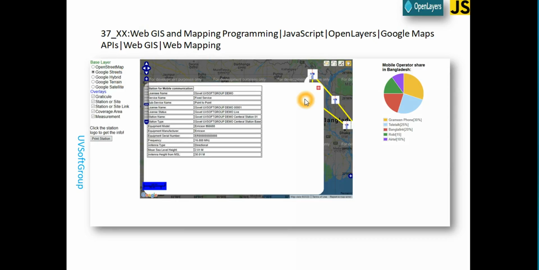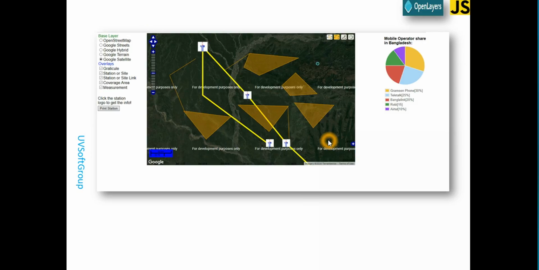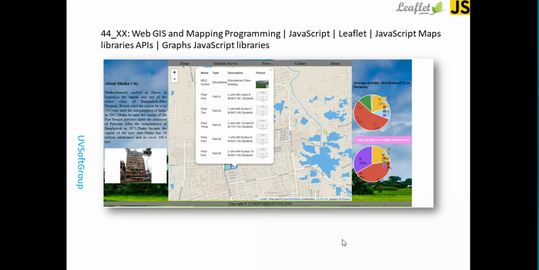Then I will continue with number 37.8. So this is one of the overview features, you see the title OpenLayers JavaScript. This is 37. You can follow the last screencast and continue the further development. This is one of the screencasts that I tried